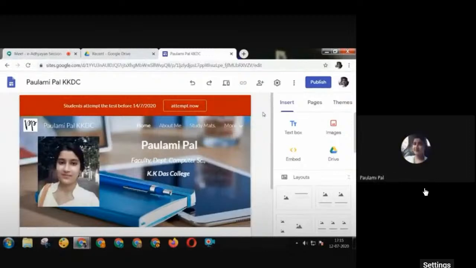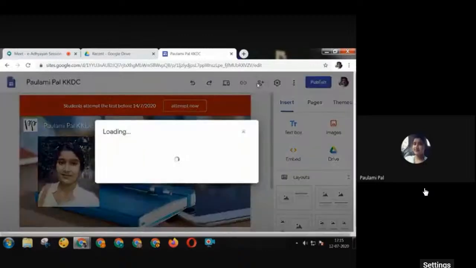But when you are designing a site for your department, or for your college, you have to collaborate with your colleagues so that they can also work on the same site. I will collaborate with MKB sir on this site. I will click on the share with others option, the option just before the settings. Just click over here,